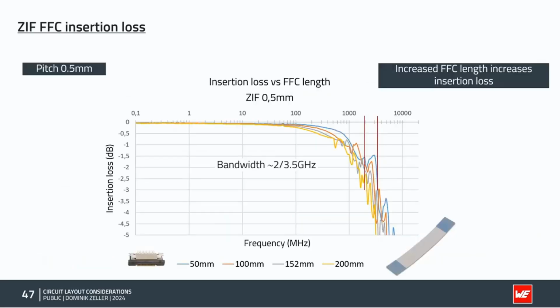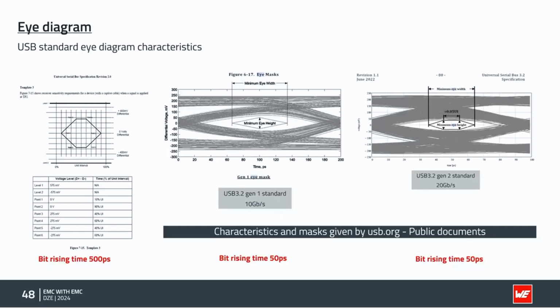But all of those measurements give you only a partial answer to your question. And what was the question? The question is often, can I transmit this signal, whatever signal, over your connectors? Well, it's highly depending on what signal you are actually going to transmit. So the first thing we did was we tested it for USB. Why USB? Because the standard is open, and we can look up how the eye diagram has to look